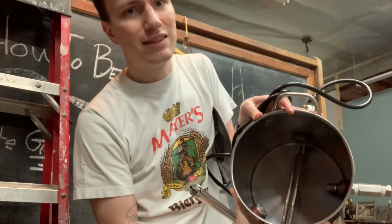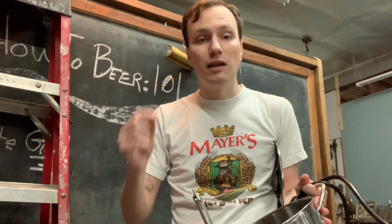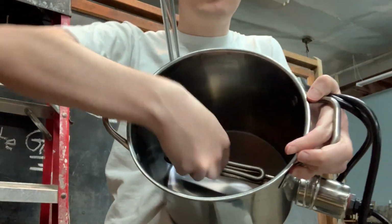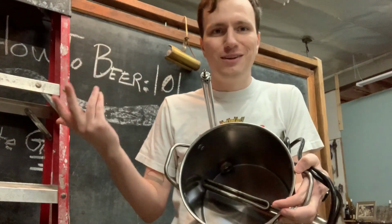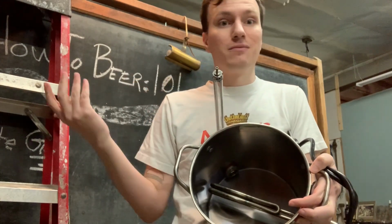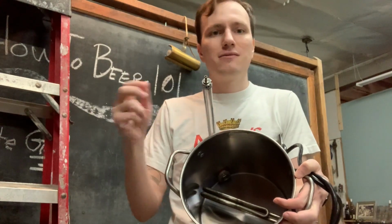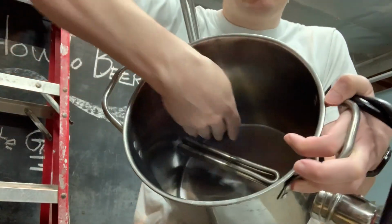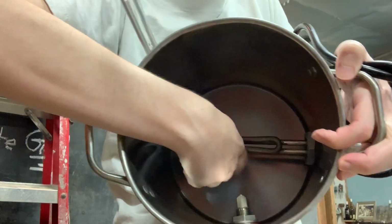And then in here we got, I think it's a 1650 element. And so let's go in here for a second. First of all, it's one of the bent ones, which is really important. It's lower watt density than a straight, powerful one like a cartridge heater. That would be the obvious choice, but they're high wattage density, which means temperature shock, whatever. So that's that. Here we have just the outlet for the sight glass,